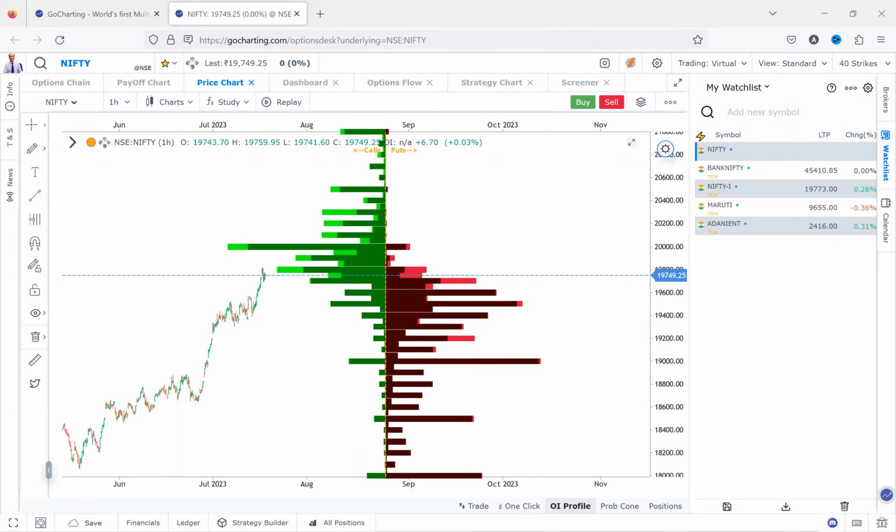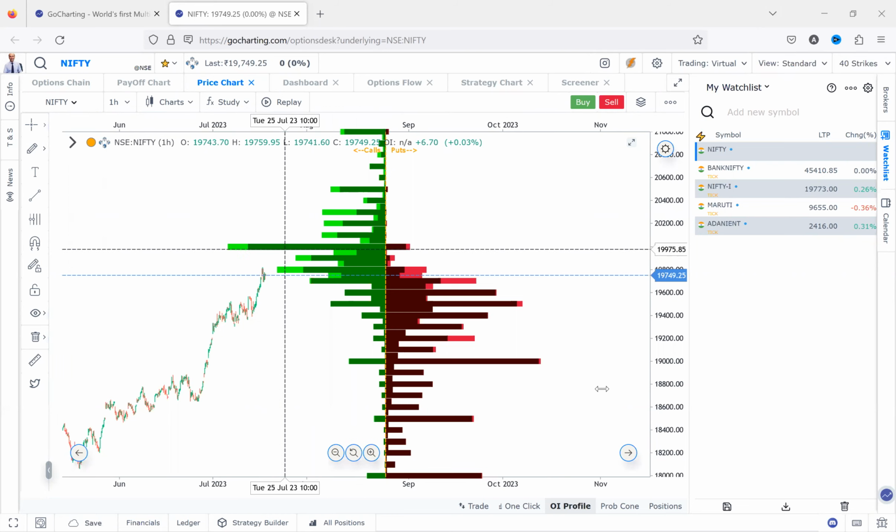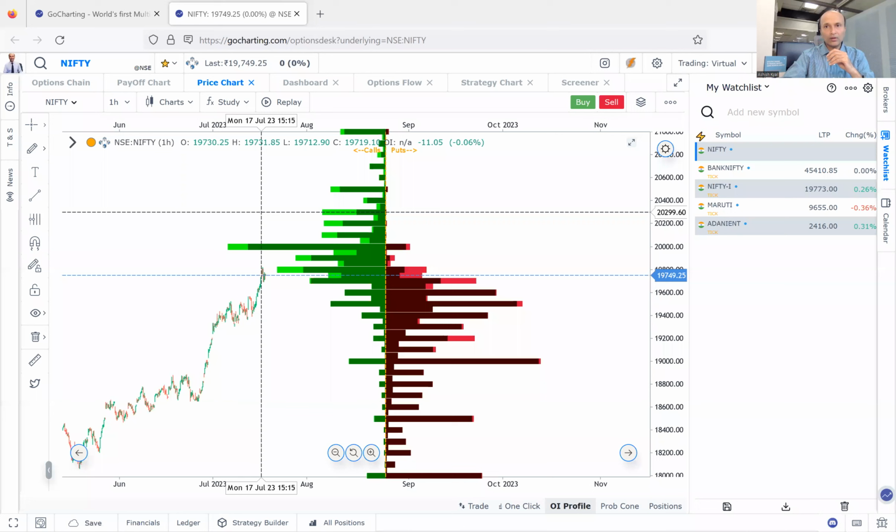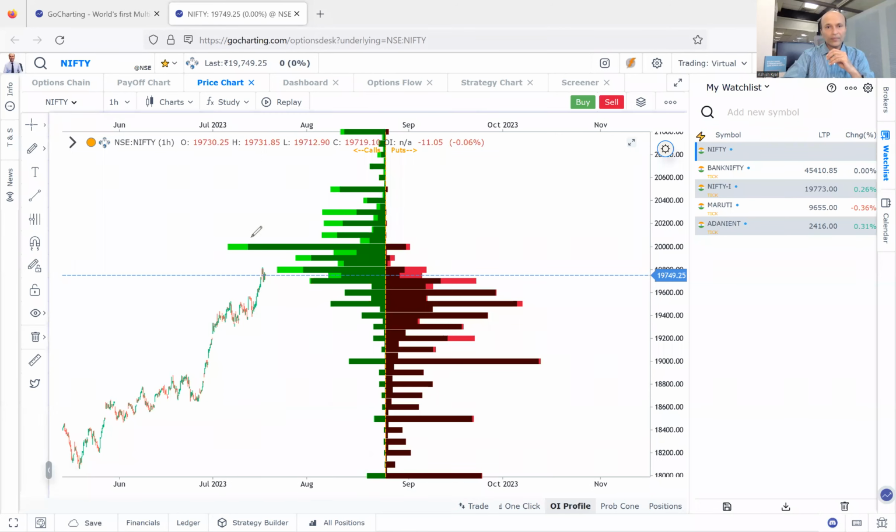यहाँ पर अगर आप देखेंगे बहुत ही क्विकली, लेफ्ट साइड में कॉल्स है और राइट साइड में पुट्स है. Okay everyone, the left side represents the call open interest and the right side represents the put open interest. So this call open interest that we are seeing here, we can see a huge buildup on the 20,000 call side. So 20,000 का ये कॉल है जहां पे ये बहुत बड़ा बिल्डअप है.